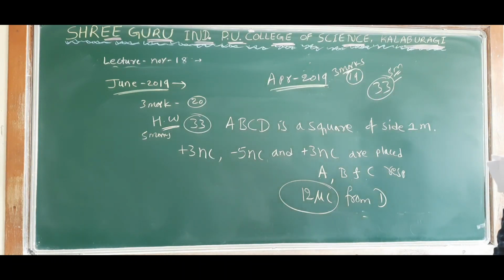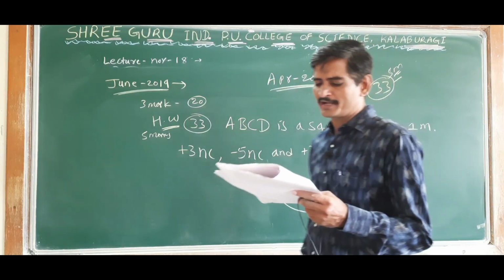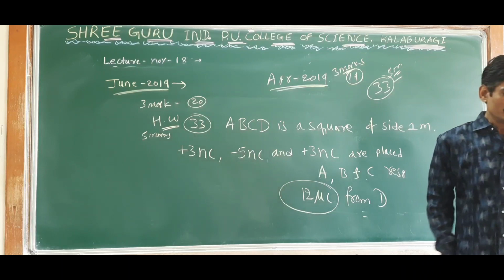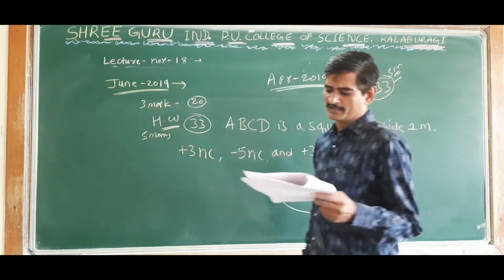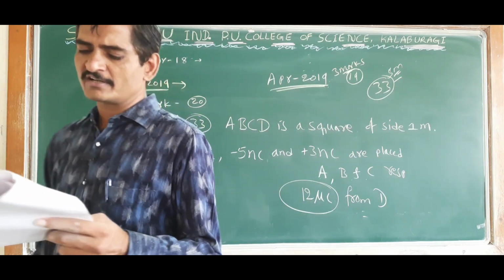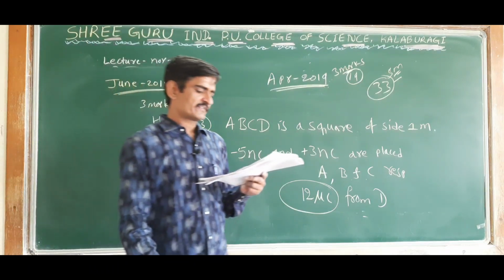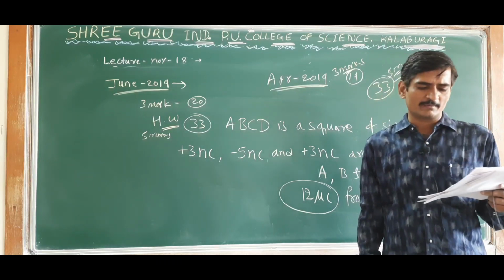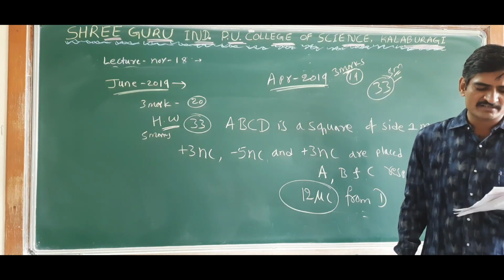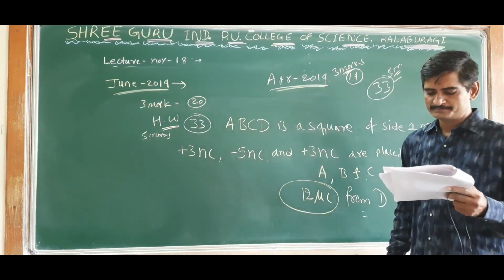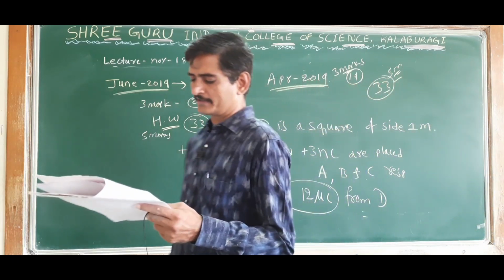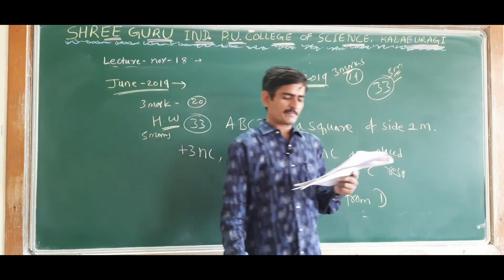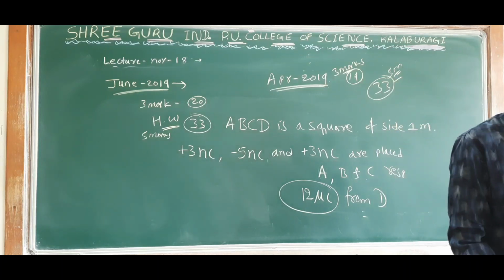In a circular parallel plate capacitor, the radius of each plate is 5 centimeter and they are separated by a distance of 2 millimeter. Calculate the capacitance and the energy stored,